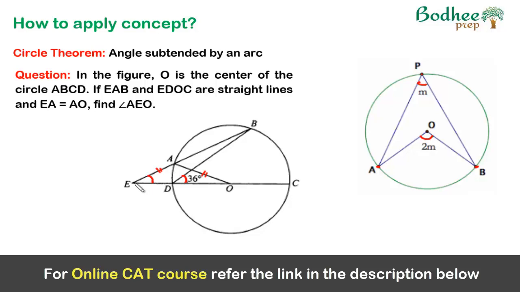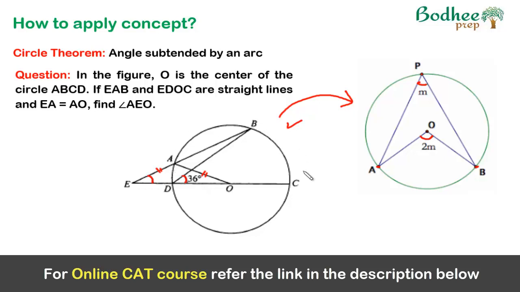Now, as you can see, this angle is not formed on the circumference, but looking at this diagram, we can very well judge that we should apply this concept. Now, how to apply it? You don't have to look for the lines. I repeat, forget about the lines. The trick is to just focus on the points given on the circumference, those points from where two lines are originating.